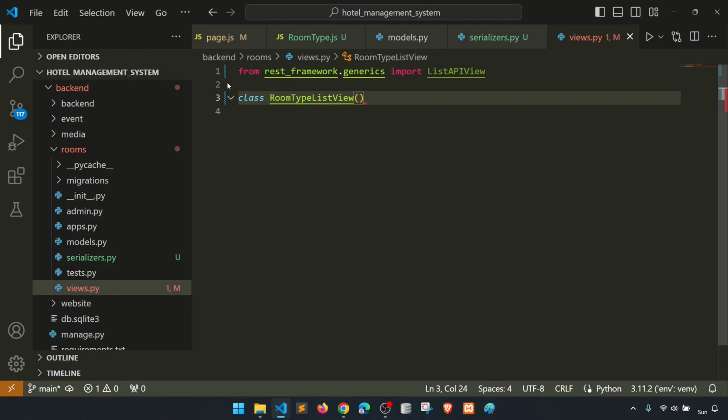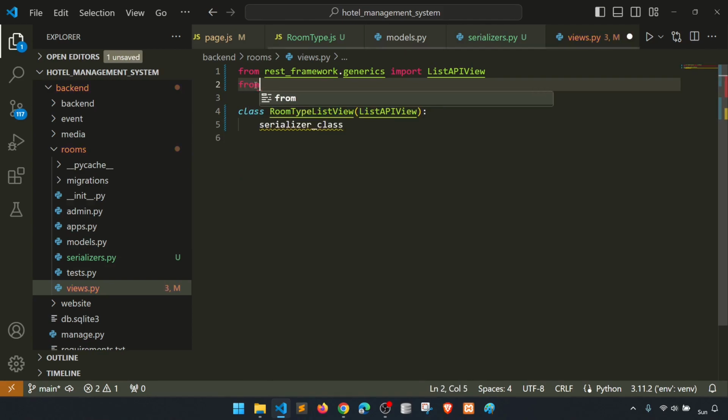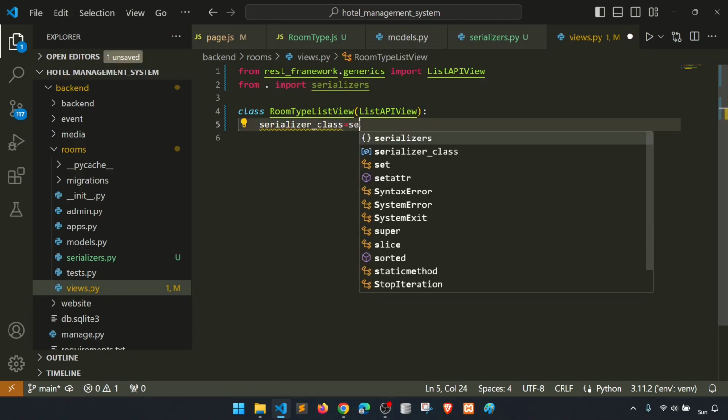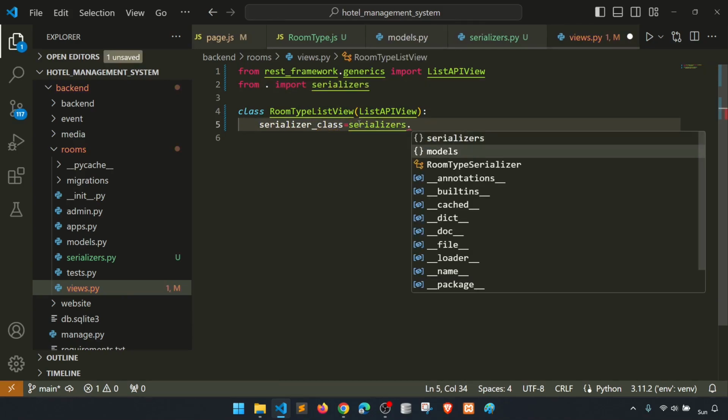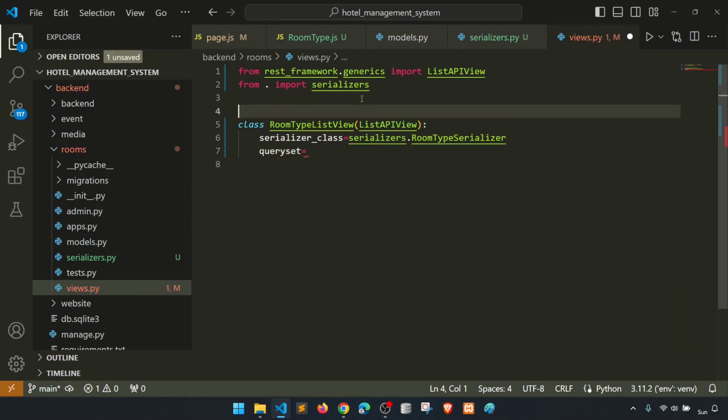And here we will define list API view, and then we will define the serializer class. So let's import the serializer from the same app. Import serializer class equal to serializer dot room type serializer, and query set equal to, we also need to fetch